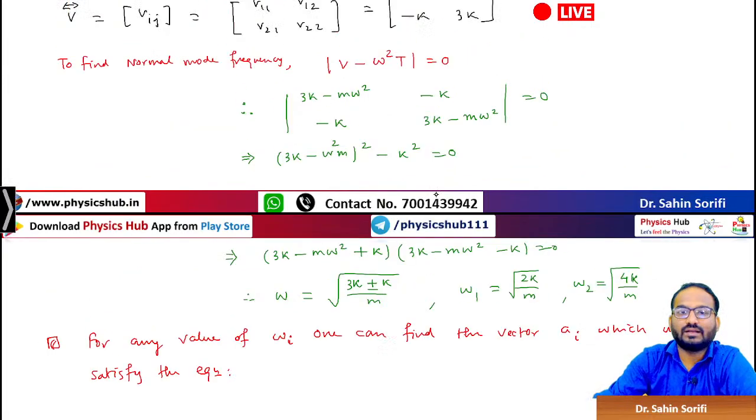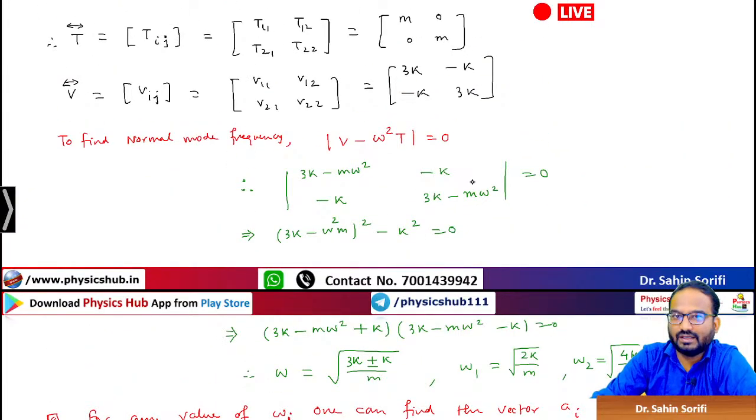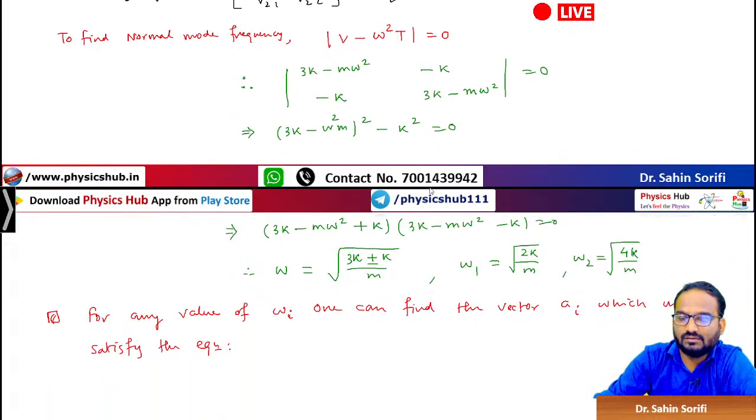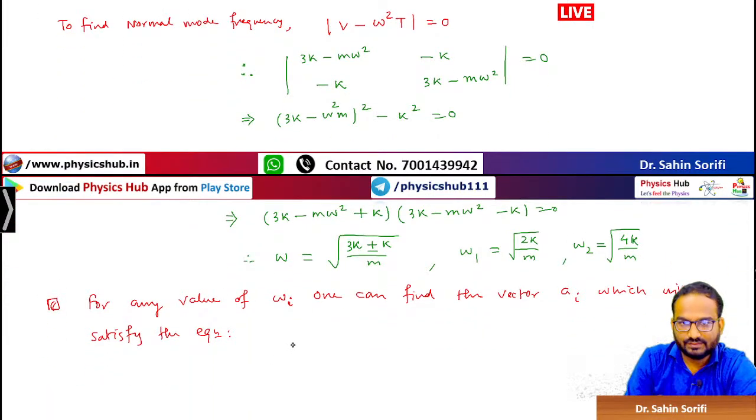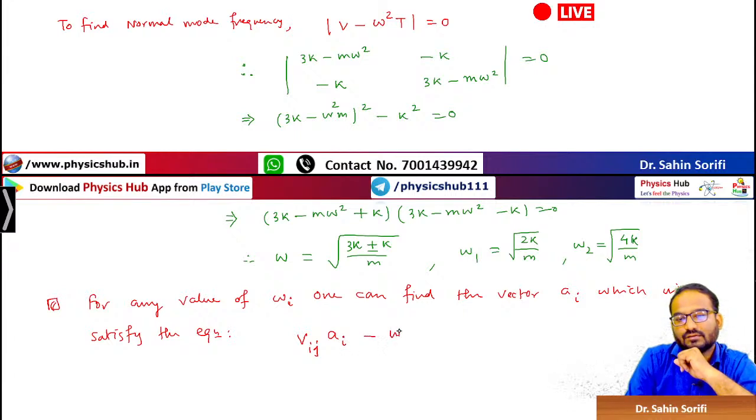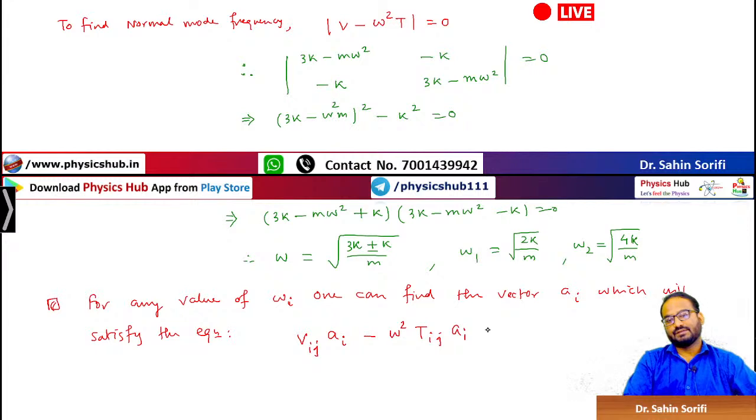So it is like the characteristic equation as you have seen in the eigenvalue equation, right? So if you multiply V minus omega square T with the vector, you will get V_ij times a_i minus omega square T_ij times a_i. It is just like a_i has been multiplied with V minus omega square T, so this will be equal to 0, and this vector a_i